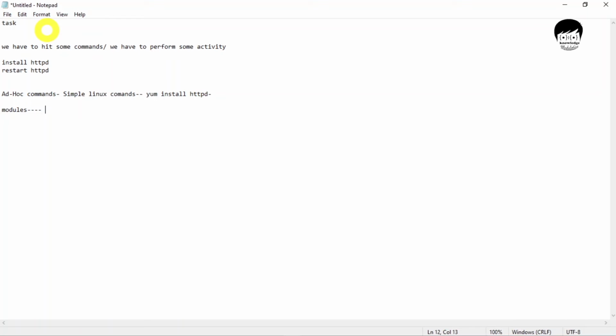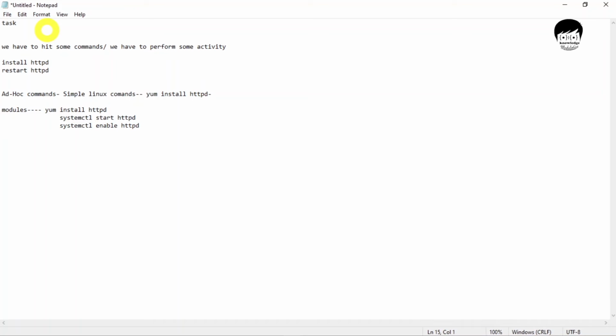Like first we have to install, so yum install httpd. Then we need to start httpd as a service, so systemctl start httpd. Again we need to enable it, so systemctl enable httpd. All these commands will run in a module, so multiple commands can be run with modules.